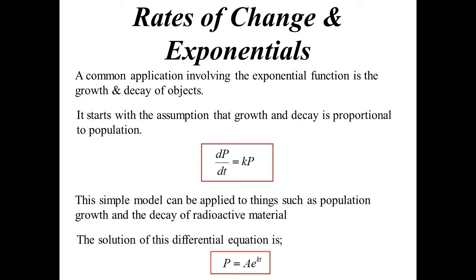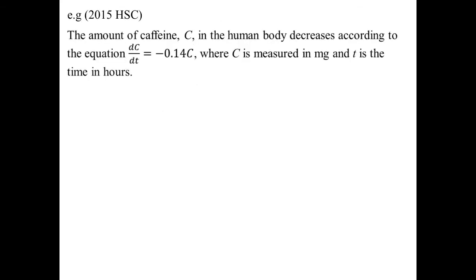If you see dP/dt equals kP, we can say, yep, I know the solution to that basic equation is P equals ae to the kt. Let's have a look at an HSC question. The amount of caffeine in the human body will decrease according to, and there's our basic equation again, dC/dt equals some constant, in this case a negative constant, so that tells me it's decaying,